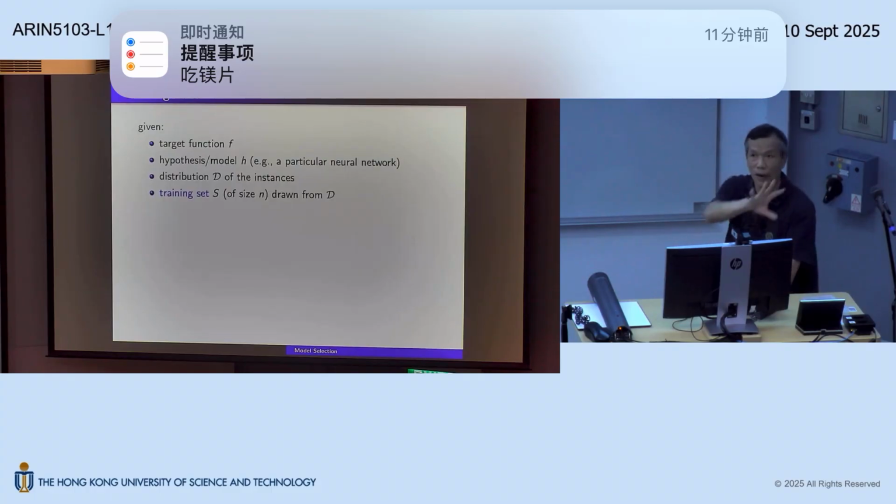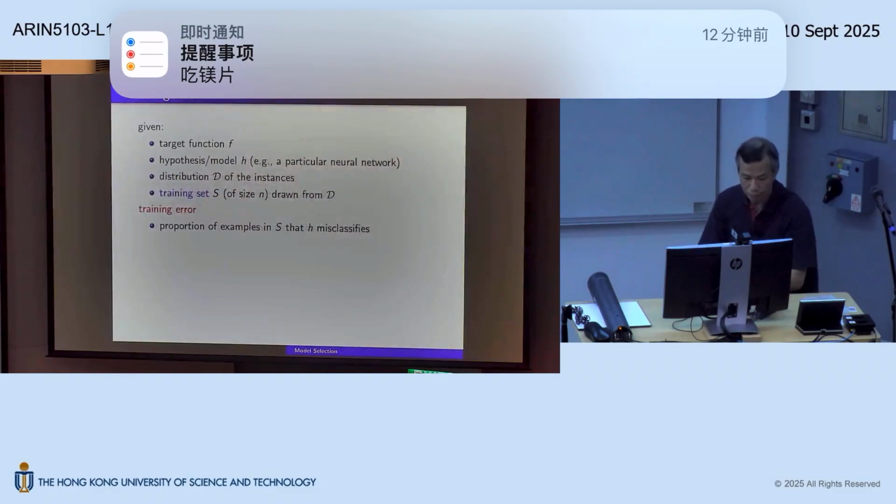So after looking at all these face images, I want to build a classifier so that when I go outside and look at a new face, I can make a prediction on whether this is male or female. So you are only given a training set, which is a subset drawn from some underlying distribution. And the training error, as we said, is just the misclassification error that I make on this